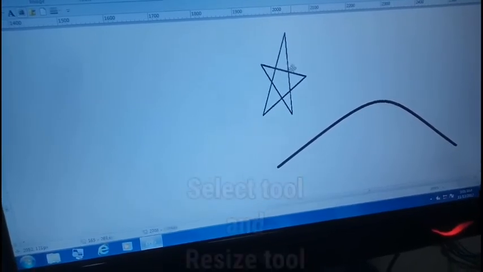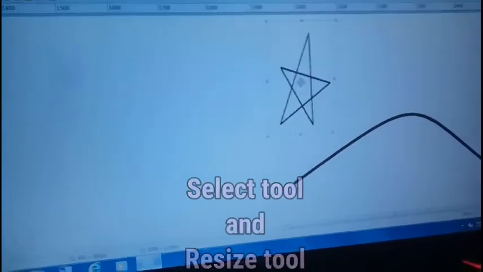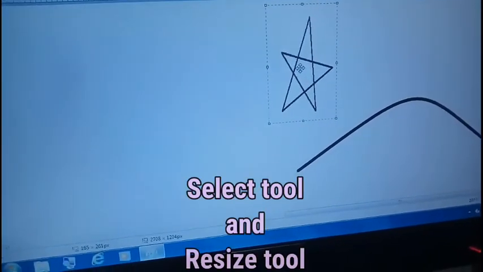Not only can I make it smaller, I can also move it to wherever I want to keep it. So, all this time I have been talking about tools for drawing arithmetic shapes, shapes which you will find probably in your maths books. For example, circle, oval, square, rectangle, straight line, even curve. These are all shapes which you will find in your maths books. And you can draw them in Paint using the oval tool, rectangle tool, line tool, curve tool and so on.